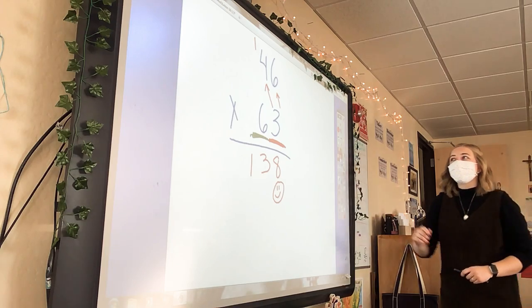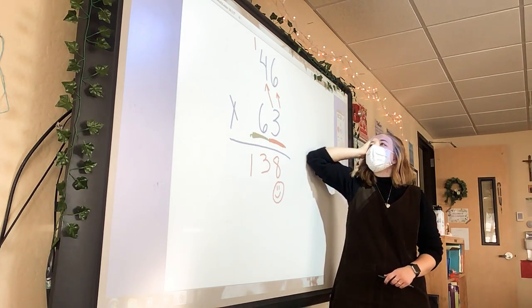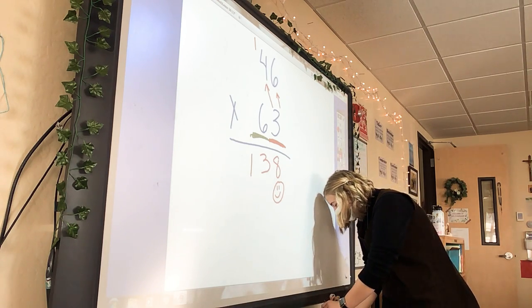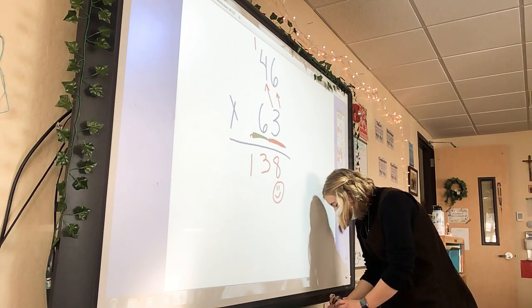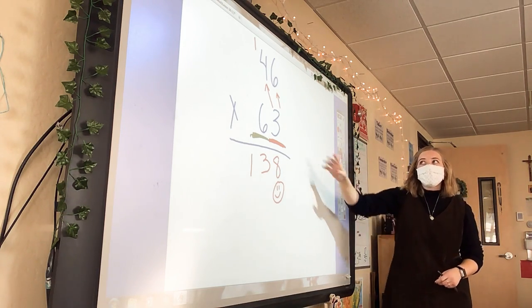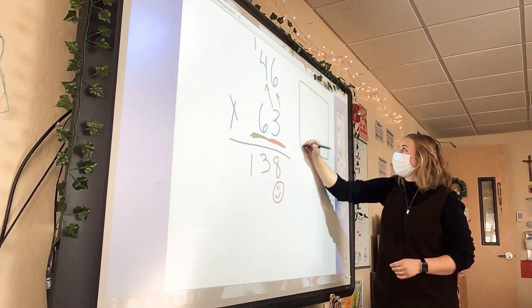Why wouldn't we put the 1 over here? Is that what you mean? Because, again, if we're thinking of place value, if we're thinking of a place value chart, 6 times 3 is 18. So if I'm going to do just a really quick one,